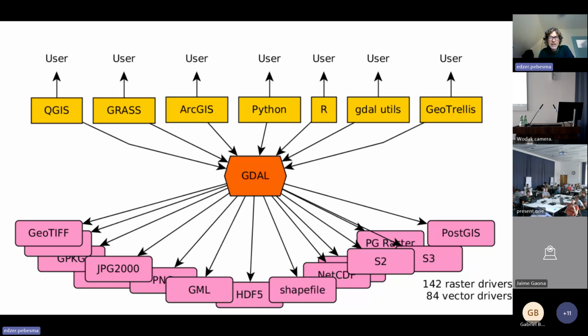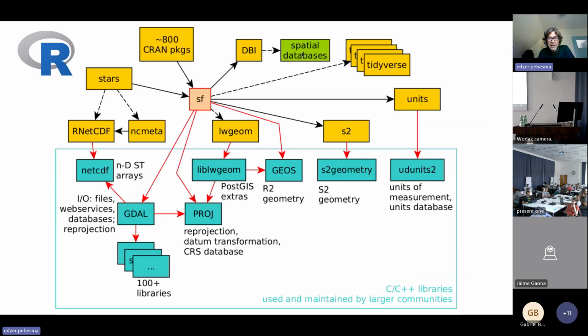And these advantages kind of go up. Here's a graph from the R package ecosystem, where the package sp from 20 years ago is now replaced by sf, which basically links to these libraries, GDAL, PROJ, and GEOS, to do I/O and geometric operations. That is what in principle everyone wants to do, but all R users that write packages don't want to deal with the complexity of linking this software, so they basically depend on sf to do that. So there are now nearly 1,000 packages on CRAN that do all kinds of spatial stuff that rely on sf to deal with the file I/O and the geometric operations, right?